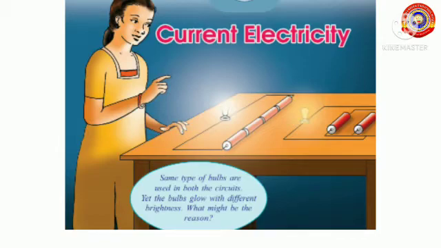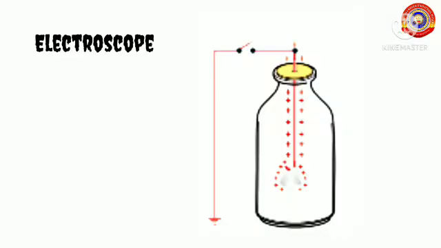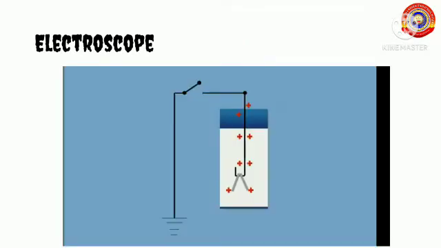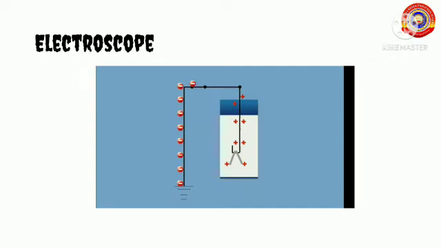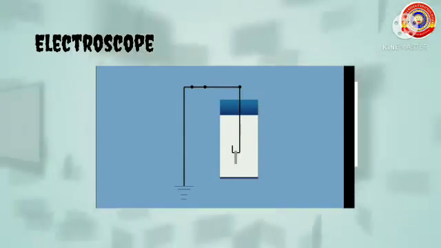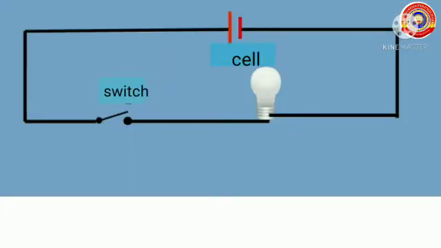We have learned that objects can be charged by rubbing and such charged objects can be used for charging other objects. For that, here you can see an electroscope that you already learned in your 8th standard. This electroscope is positively charged. When this electroscope is connected to earth through a conductor, can you say what happens at that time? Yes, the positive charge of the electroscope neutralizes completely. And can you say, will the flow of charge be sustained in this arrangement? The answer is no, the flow of charge will not be sustained in this arrangement.